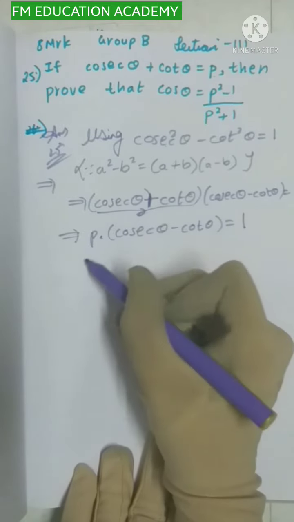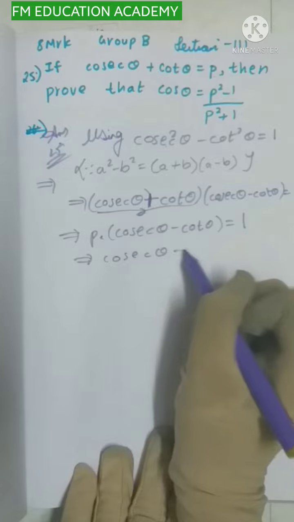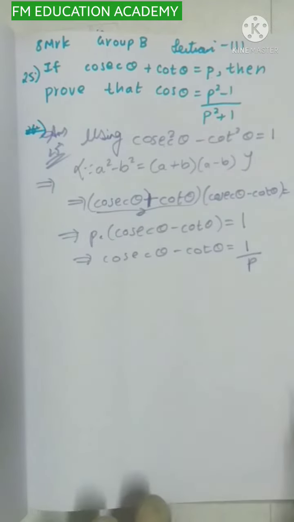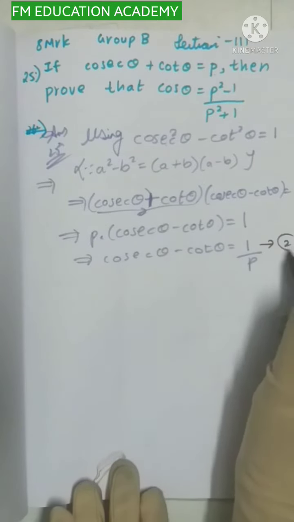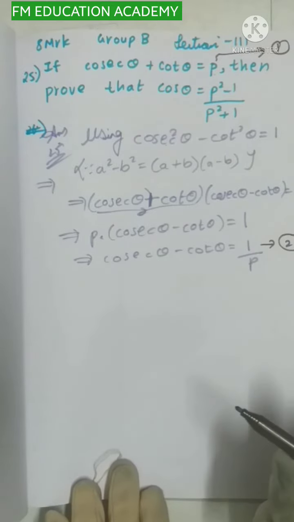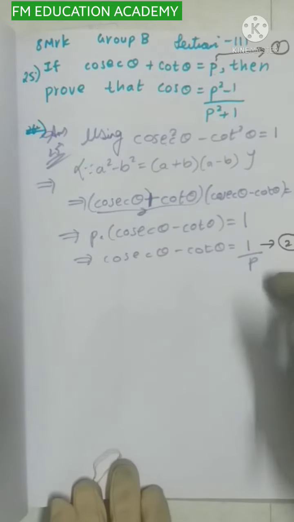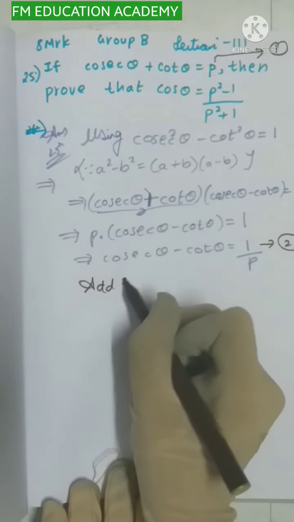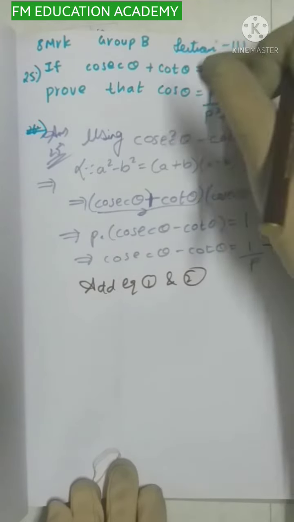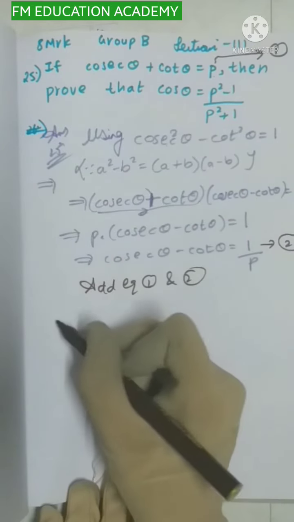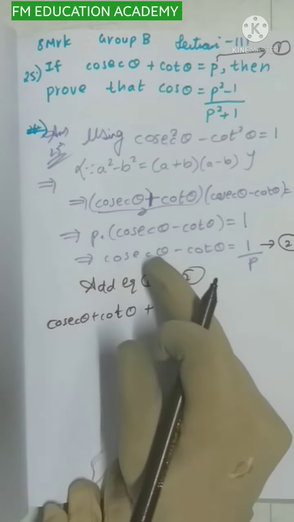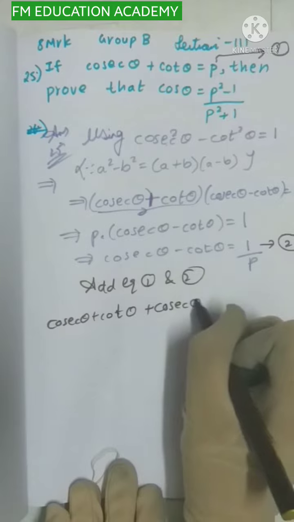Okay, now send this p to the other side. So we get cosecant theta minus cot theta is equal to 1 as it is. Into p, if it goes outside, becomes divided by p. Let this be equation 2, and let this be equation 1, which is given. So what we can do here is add equation 1 and equation 2. Add LHS plus LHS, add RHS plus RHS. What is the LHS here? Cosecant theta plus cot theta plus cosecant theta minus cot theta